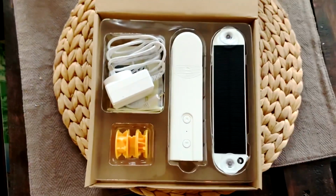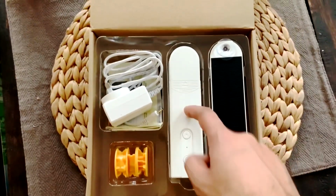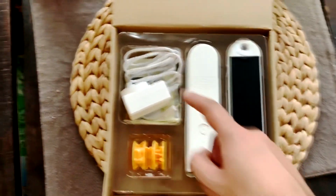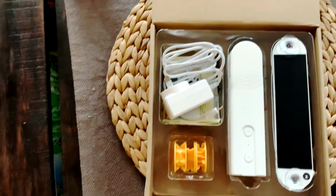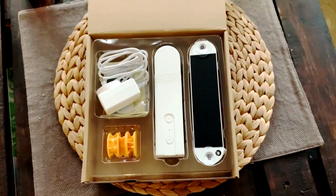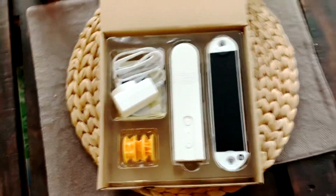So once I open the box, you're going to find that the actual motor is here. There is a solar panel, a power brick. There are 3 modules here that help connect it to the blinds itself and rotate it. There's an instruction manual at the back there. And then lastly, there's also a wall plate that I don't have in the box because I've already installed it